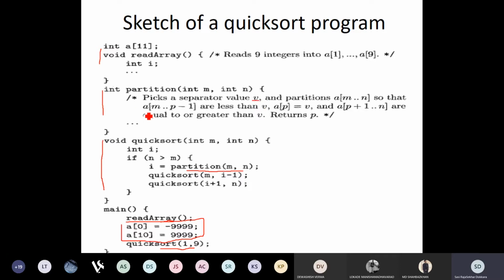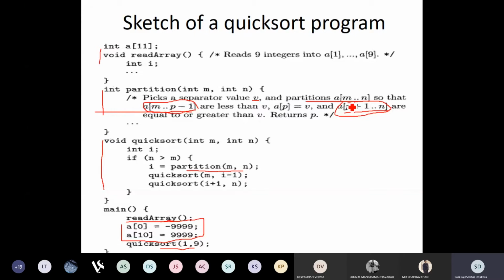It is divided into 2 parts, a of m to p minus 1, and a of p plus 1 to n. Then quicksort again calls partition with each of them, and each of them is again divided into 2 parts. This continues until the entire array is sorted. This is how the quicksort program runs.